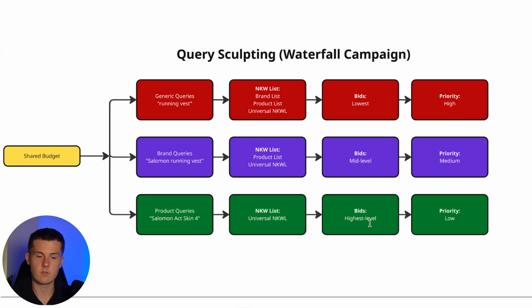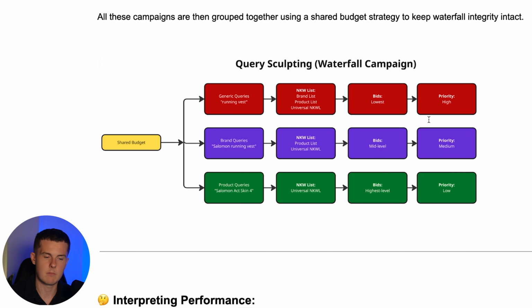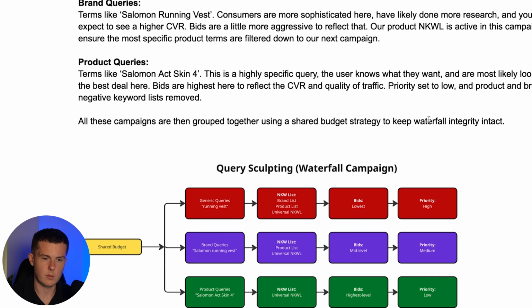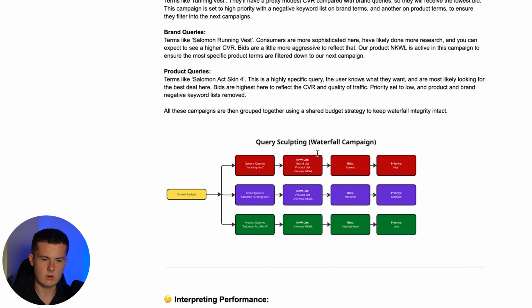So we're bidding most aggressively because we really value the traffic, and it has the priority settings set to high, medium, and low, and that just helps create that waterfall integrity across the campaigns. So it is quite a complex setup, I would say. There's multiple ways you can use query sculpting. This is the most common way that I've personally used it. As I said, it works really well for resellers if you do have that really strong variance in intent across